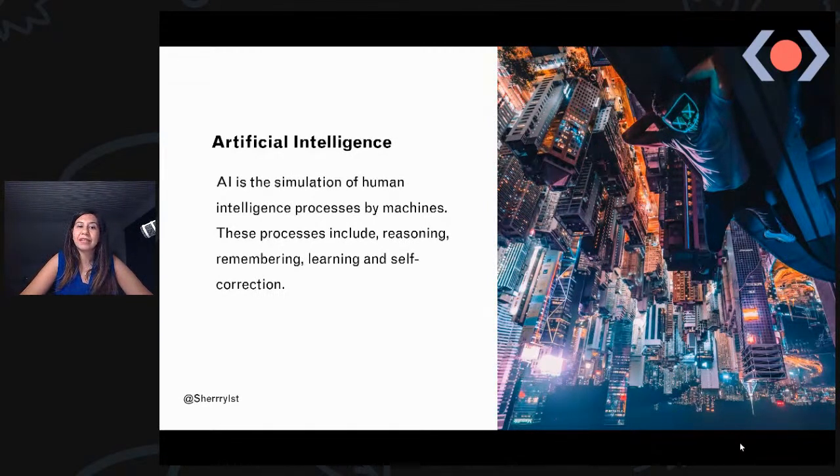And these processes include reasoning, remembering, learning, and self-correction, which basically means it is all about having machines be like humans and be able to make decisions, learn new things, and remember what they learn as well.